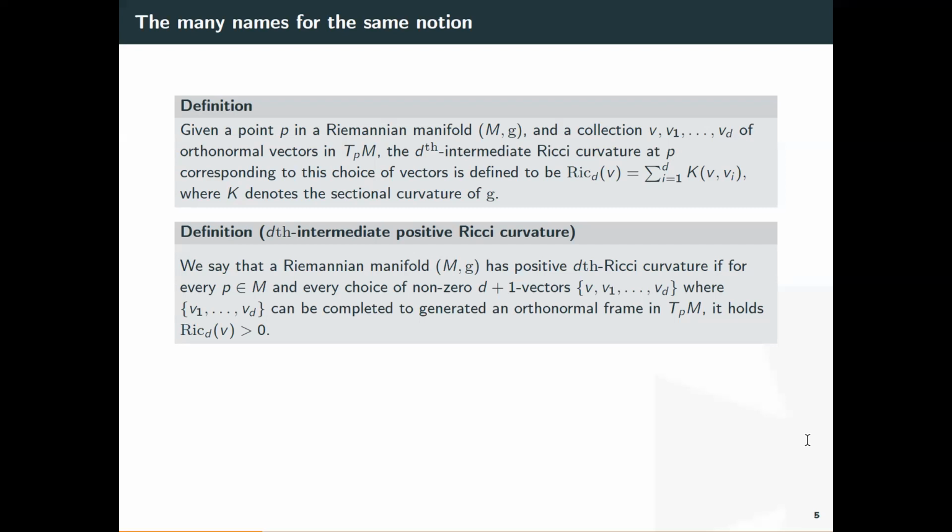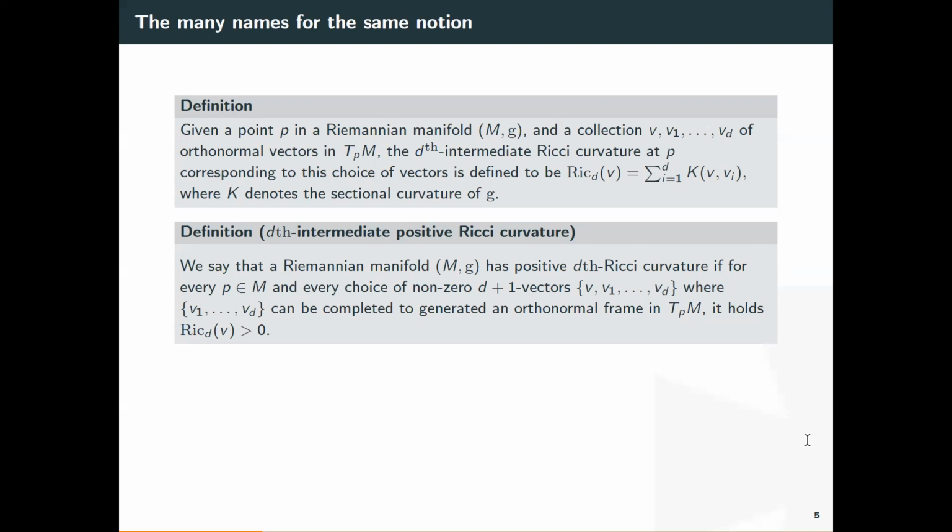And observe that there is a very combinatorial aspect here. This is another answer to your question, Emilio, because you have to put your hands in some bag with some balls and draw out, because these balls are your vectors. For every possible way that you can take them, you compute this expression for the Ricci d, and it has to be positive. So it's very combinatorial. And from the perspective of Lie theory, this becomes natural when you have isotropy decompositions, as will become clearer.